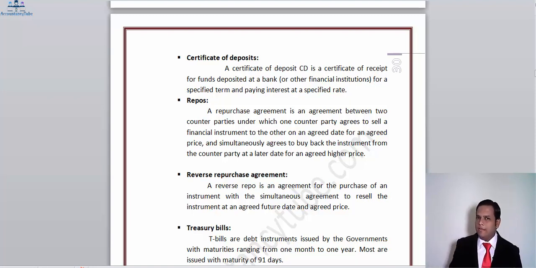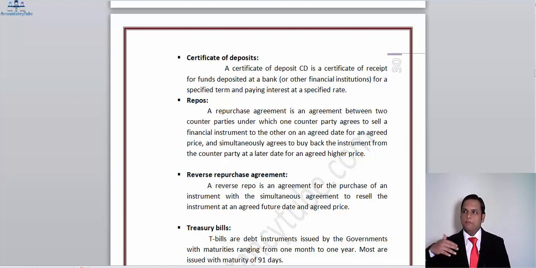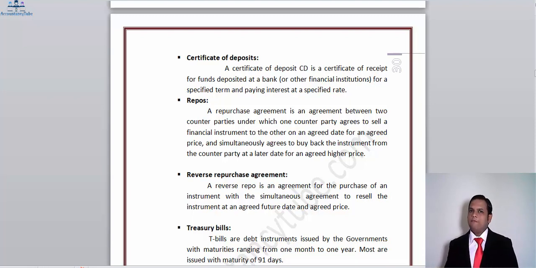Obviously, this time when they buy it, it will always be at a higher price, because that's set in the agreement on day one, that they are selling the instruments right now at a rate, and they will repurchase those shares at a future specific date on that particular specific amount